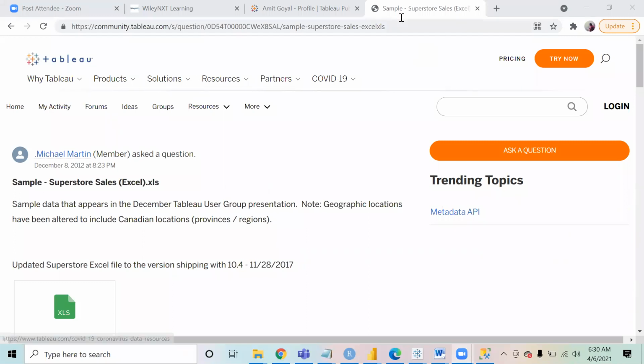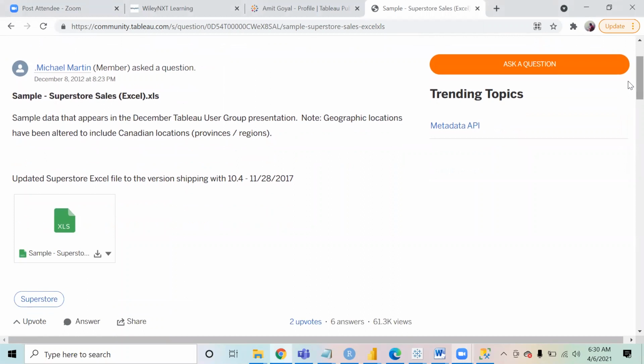It will bring you to this link over here. Please download this file from here, the sample superstore. Okay, done.